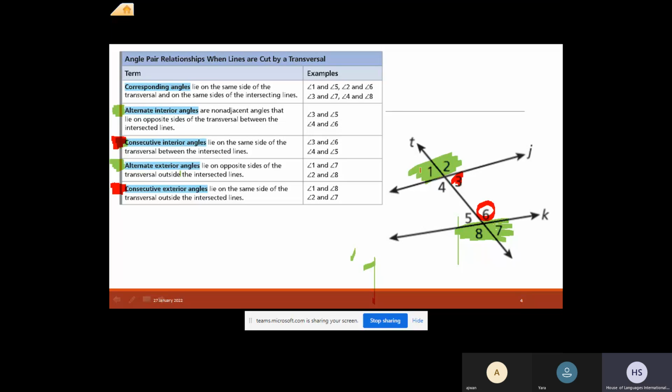Corresponding angles lie on the same side of the transversal and on the same side of the intersecting line. Like 1 and 5, and 4 and 8: same side of the transversal, same side. Now what do I mean? I'm looking at